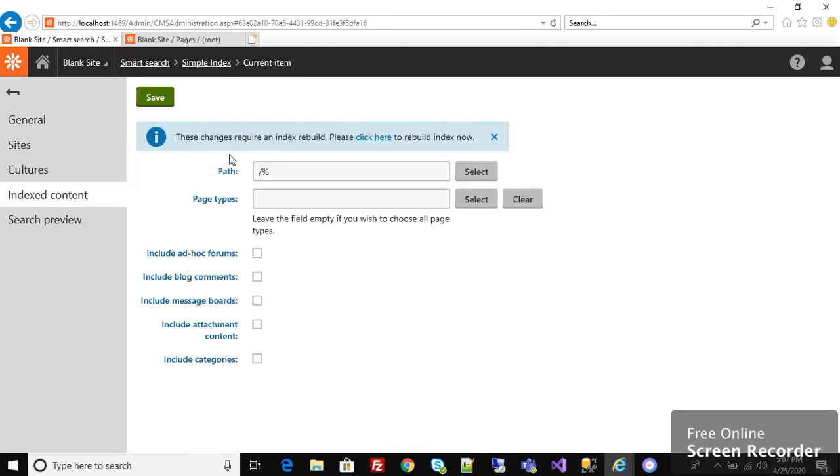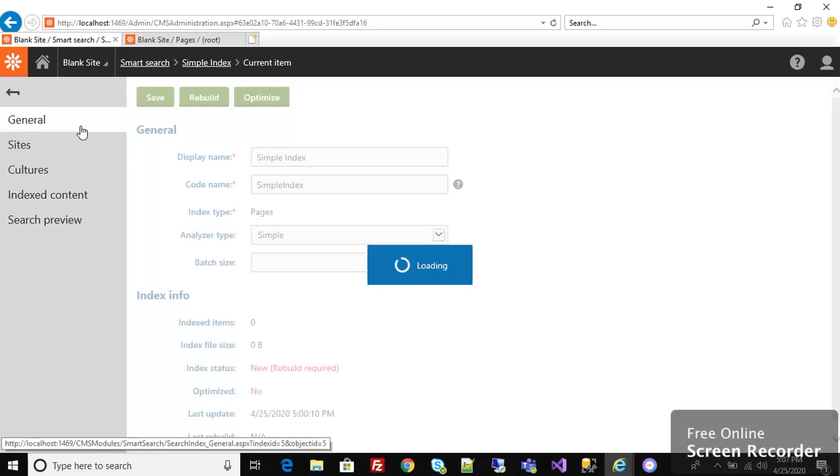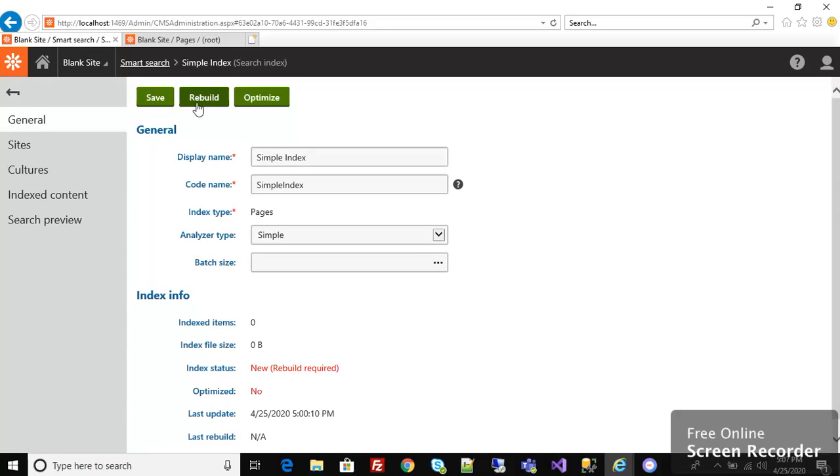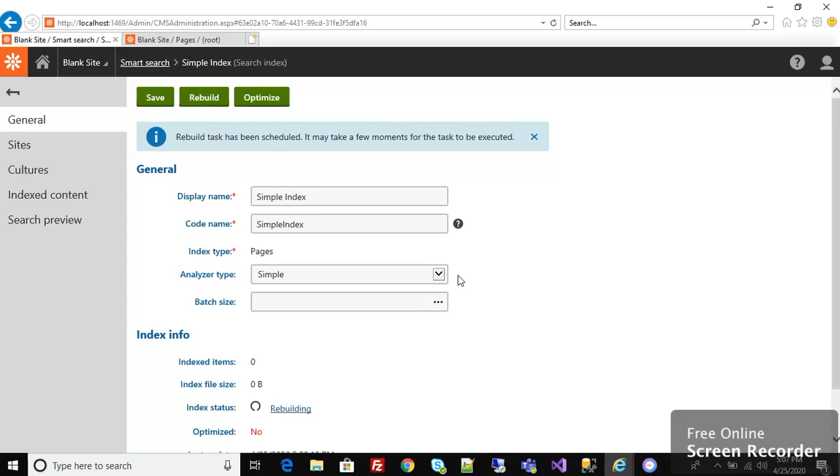Now the index is ready and is asking us to rebuild. So now go to the general tab, and here we will rebuild the index. While rebuilding, it will create an index file and store information of the content of all the pages.